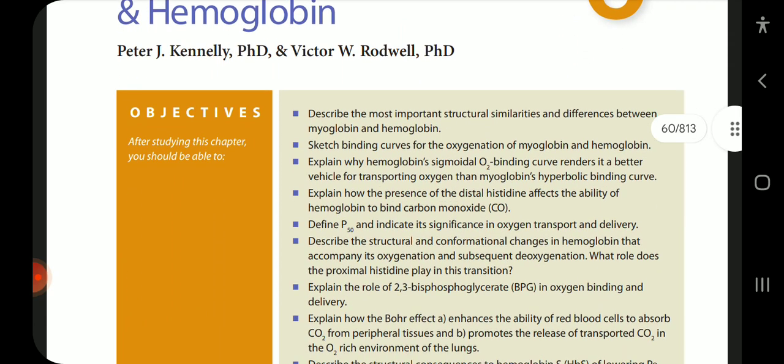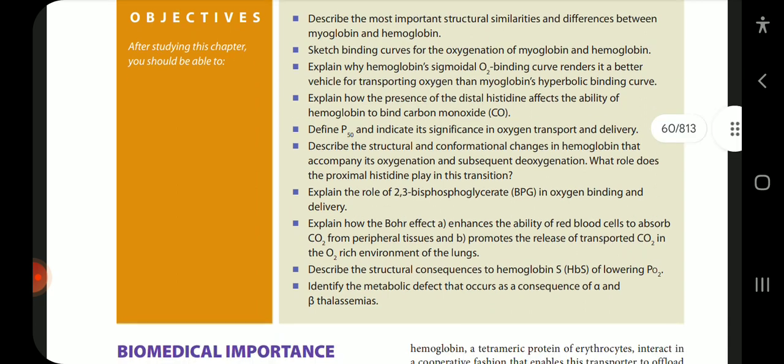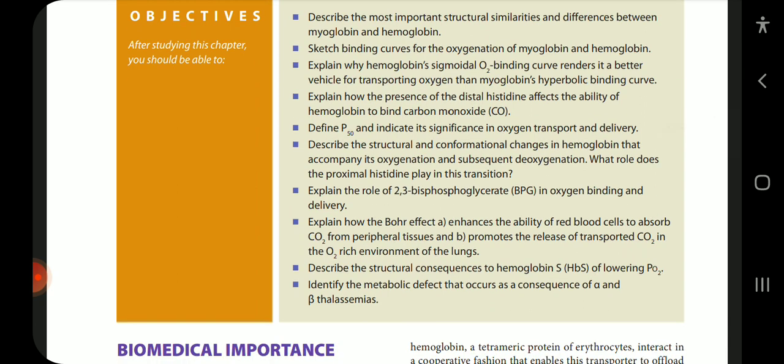The objectives of this chapter are so that you can describe the most important structural similarities and differences between myoglobin and hemoglobin, sketch binding curves for the oxygenation of myoglobin and hemoglobin, explain why hemoglobin's sigmoidal O2 binding curve renders it a better vehicle for transporting oxygen than myoglobin's hyperbolic binding curve, explain how the presence of distal histidine affects the ability of hemoglobin to bind carbon monoxide, CO, define P50 and indicate its significance in oxygen transport and delivery,